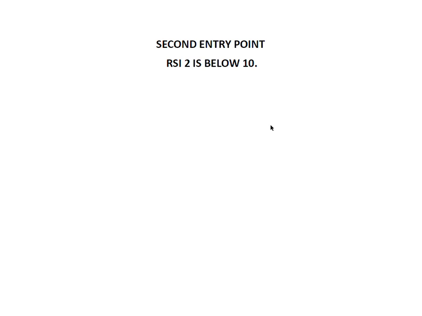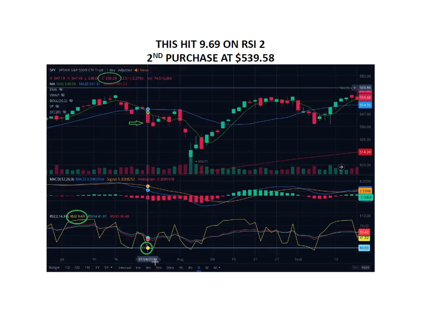It gave me a second buy point. The second buy point right here, again, it dropped to 969, below the 10, because obviously the yellow number, yellow line, that's the RSI2, below 10, that's my purchase. And you can see right here with my green arrow, there's the end of the day. Since it's a red candle, the bottom of that candle is where it stopped, or it ended. So it stopped there, right? End of the day,